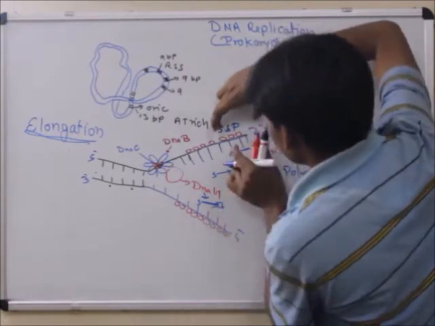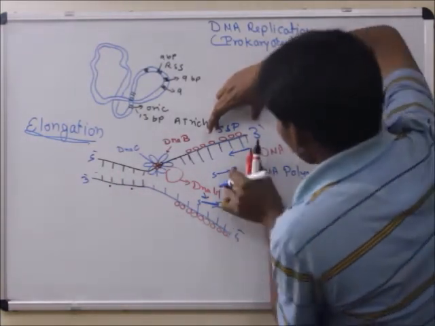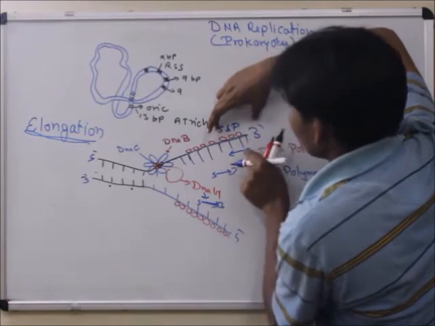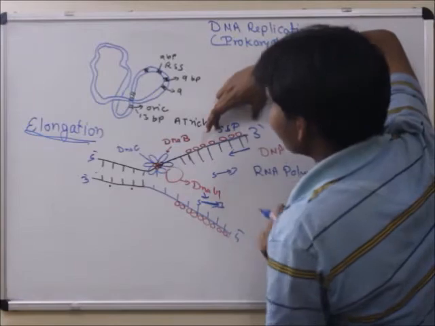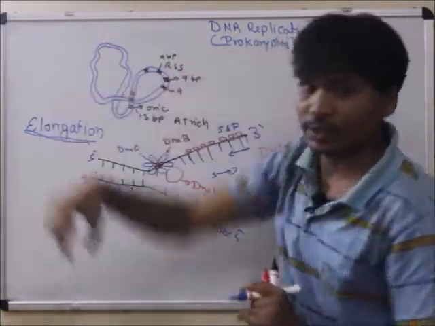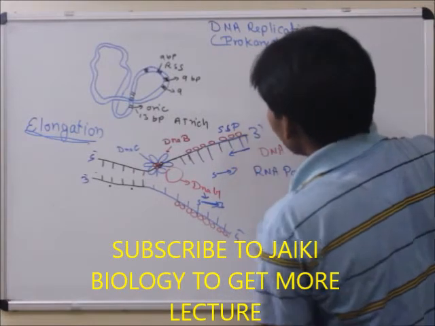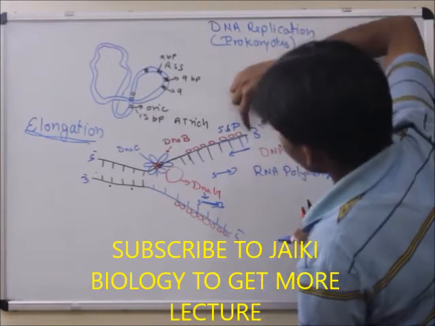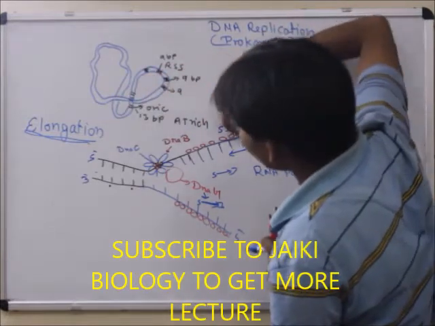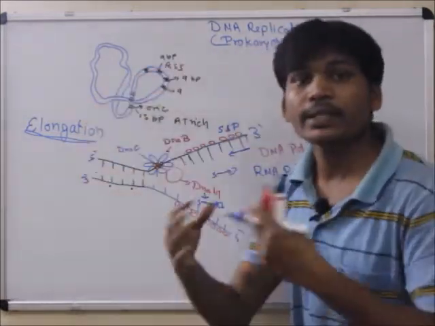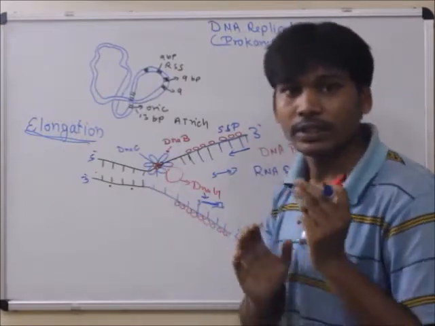This is the 3 end and this is the 5 end. So RNA primers read the DNA strand, the template DNA strand, which is read in the 3 to 5 direction. Point out, this is the DNA template. The DNA template is read in the 3 to 5 direction, but the synthesis occurs in the 5 to 3 direction. This is confusing